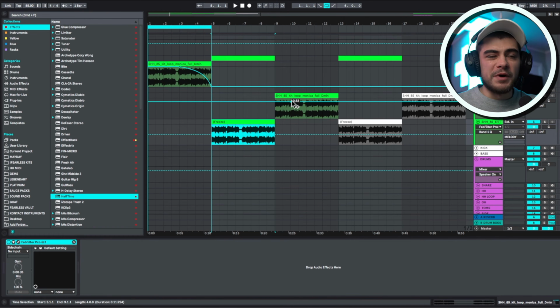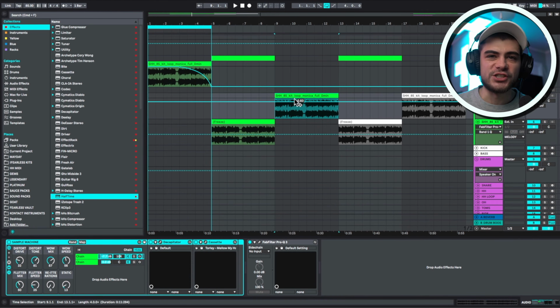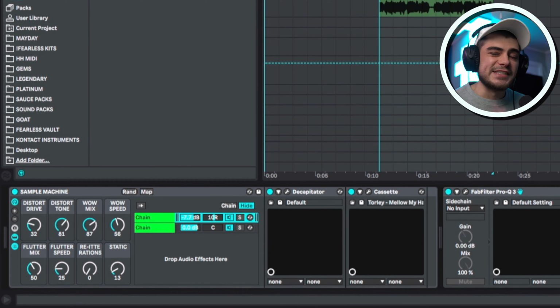All right, now let's throw some effects on the original one so it's not just the same sample. And we're going to use this sample machine effect rack that I made a while ago, and you can get